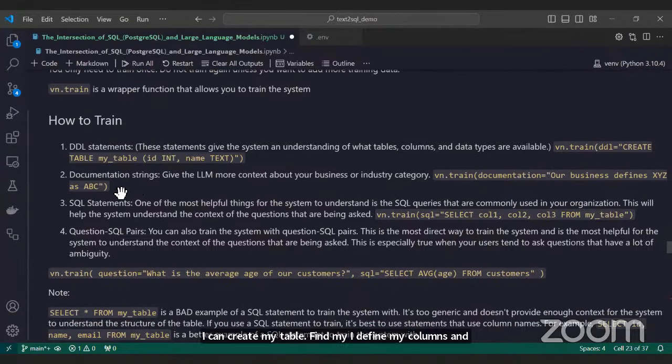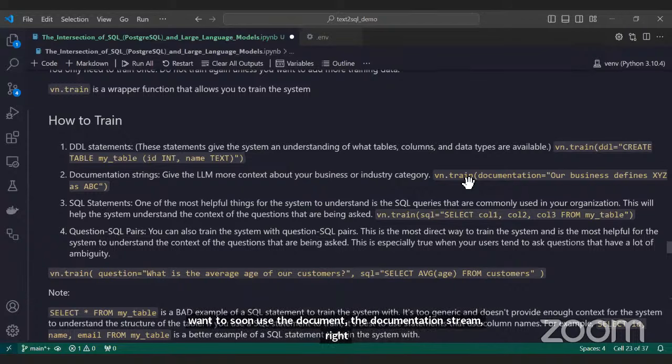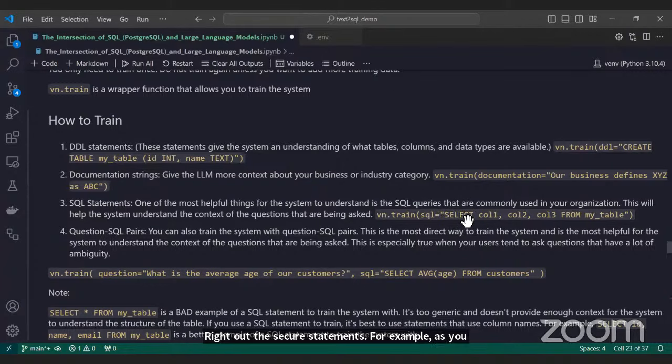And the next thing you might also want to use is a documentation string, right? This just gives your system more context. For example, just the same way you have your prompt when you're building a normal RAG system, or you want to fine tune, you just want to give more context to your business domain. Alternatively, you could also write out the SQL statements. For example, as you can see here, using the select statement, you can select the particular columns that you want to use to train for the model,